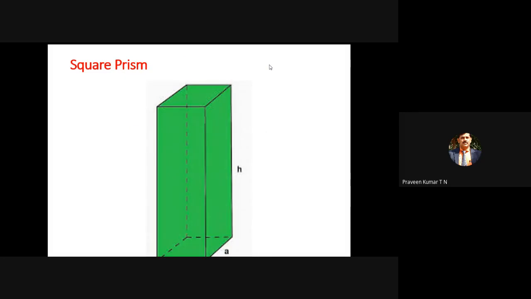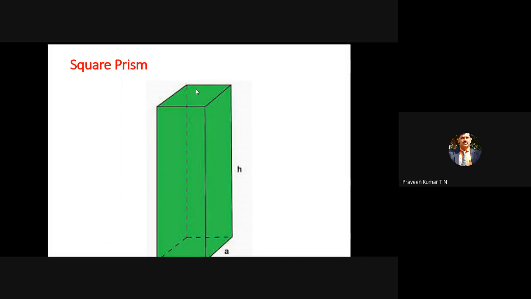Now this is the square prism. You are familiar with it. So we have A, B. The top face is square, the bottom face is square, and there are four vertical faces. These four vertical faces are referred to as lateral surfaces. Right side one face, left side one vertical face, those are long rectangles. The front one rectangular face, back side one more rectangular face. Those are referred to as vertical faces or lateral faces. Other than those lateral faces, there is one top surface.